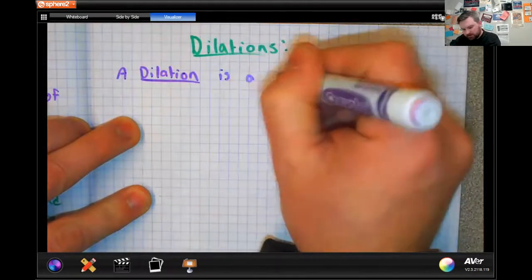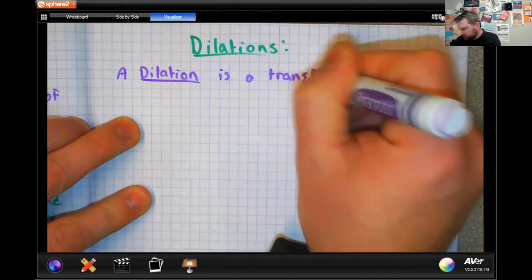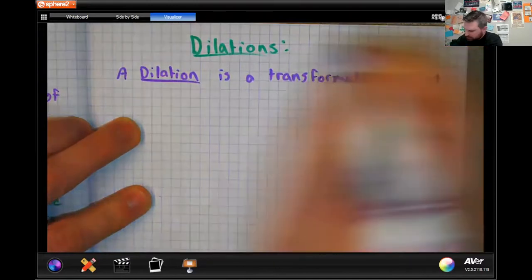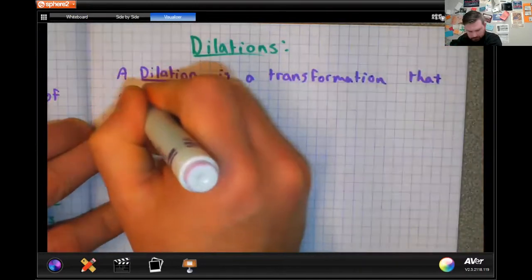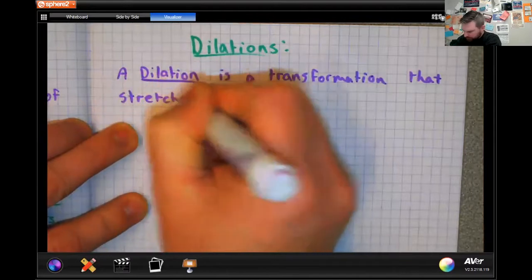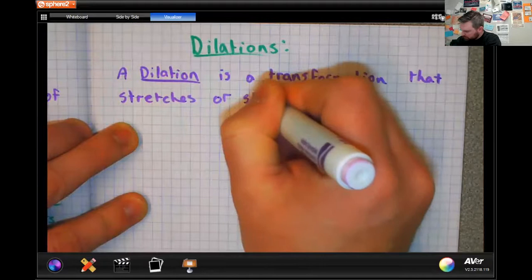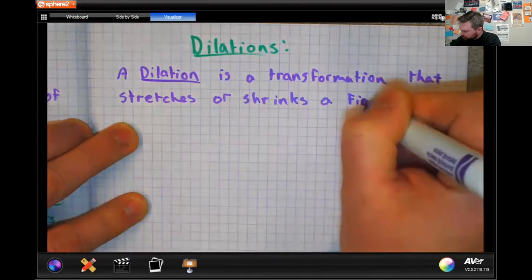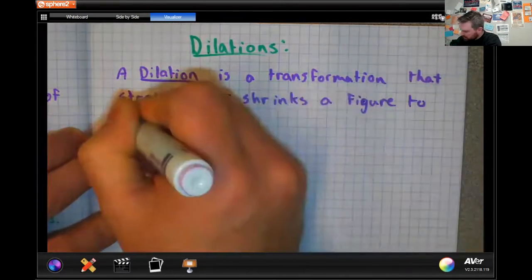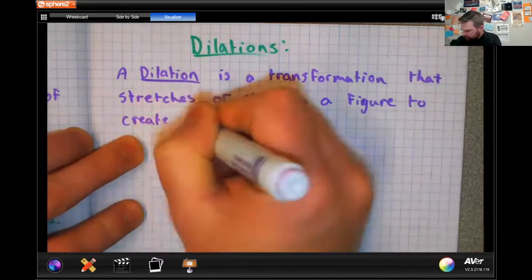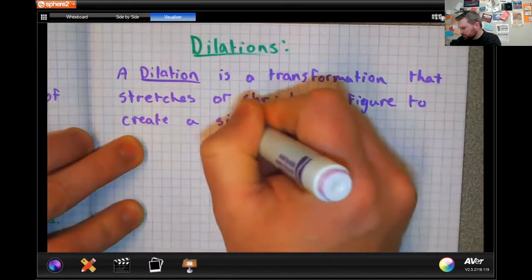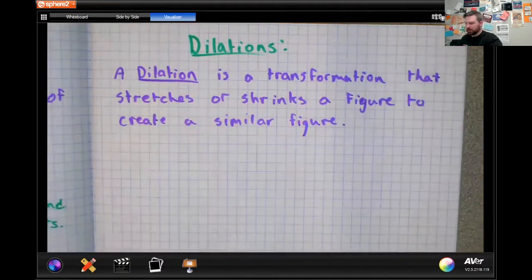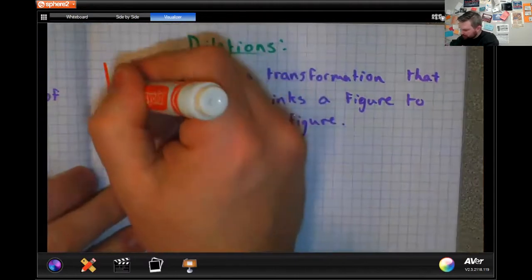is a transformation that stretches or shrinks a figure to create a similar figure. Okay, so with a dilation,